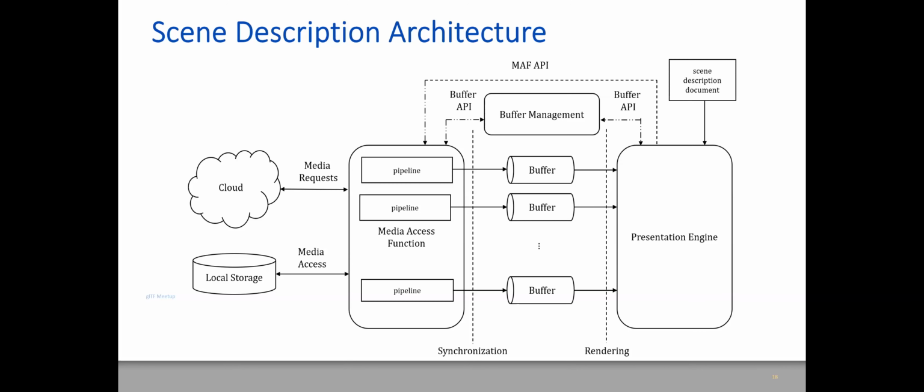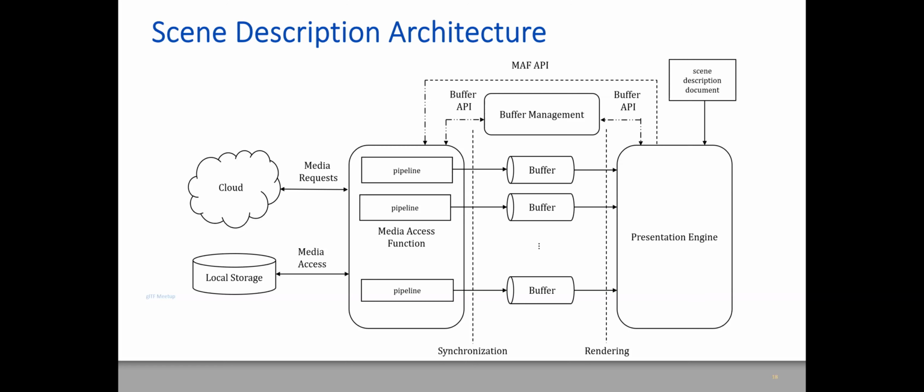The idea here is to really decouple the media access from the presentation engine. Your presentation engine ideally should not have to worry about how your mesh was compressed or how that video texture was compressed, whether it's HEVC or AV1 or whatever. It should not really be worried about these details. So the media access function will get the description of the media, its location, and it will try to find the best alternative coding or access to that referenced media.